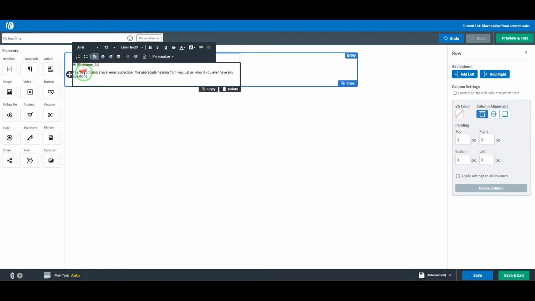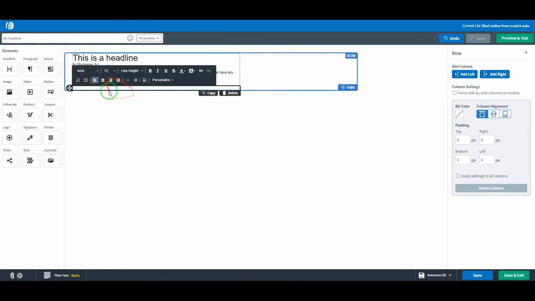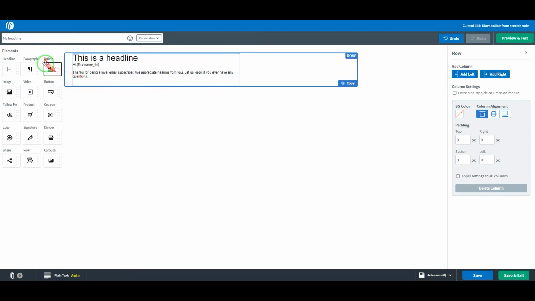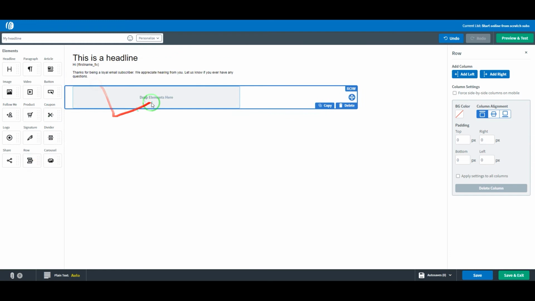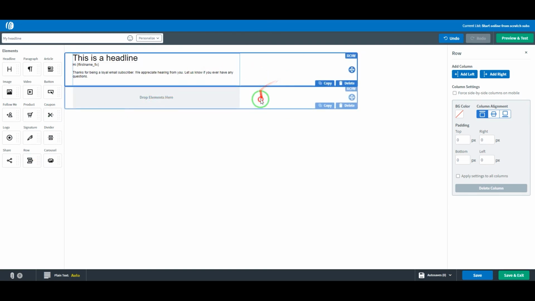And this is a paragraph, and to drag a paragraph you just click and drag. And there are many different elements that you can drag on your dashboard here on the email template builder. You can also drag a row, and the row is actually separating this from that row, so you can have